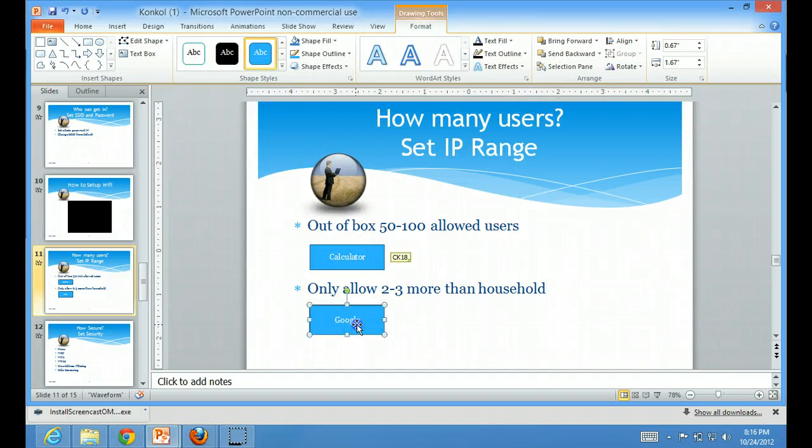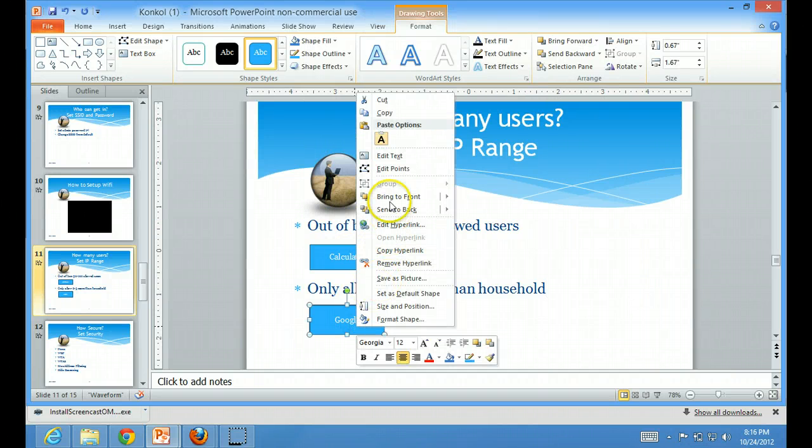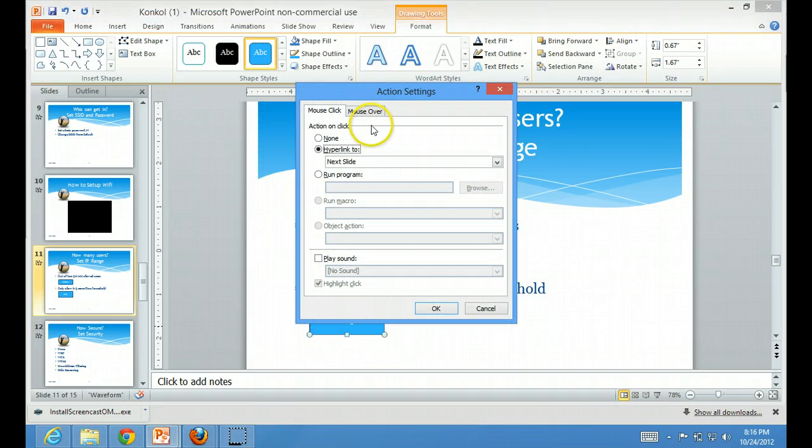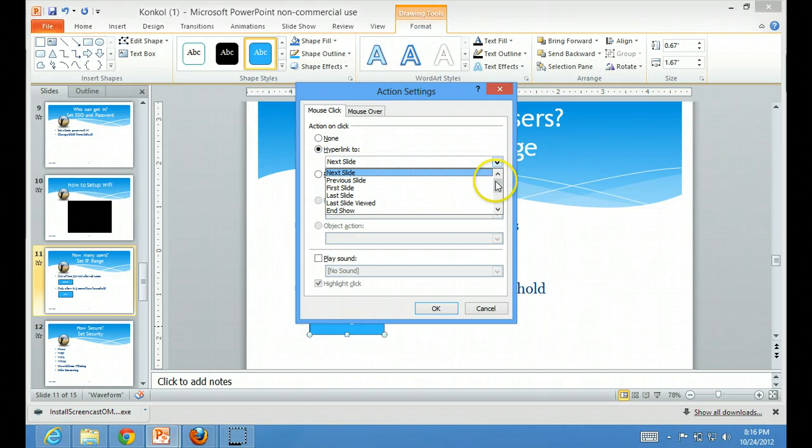Now let me just show you real quick before we actually have you do this. I'm going to show you some other options it gives you here. The one we're doing on this one is mouse over to google.com. This one should be none. But notice the different options you can do with an action. I can hyperlink to a next slide, previous slide, but look as we go down, a URL, other PowerPoint presentations,